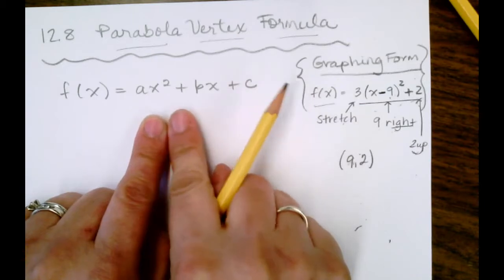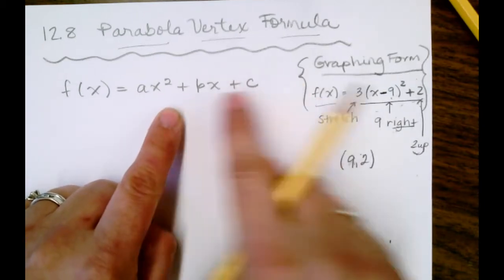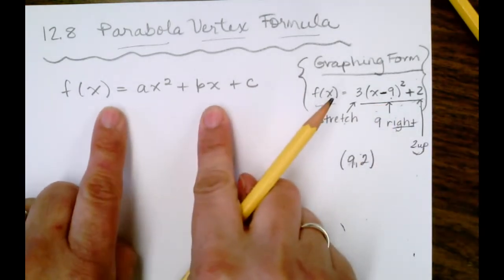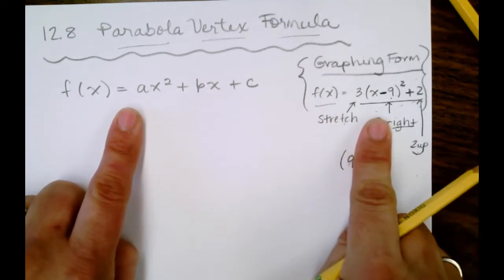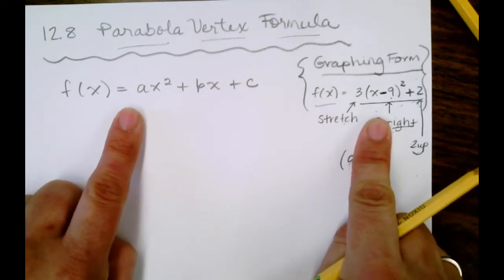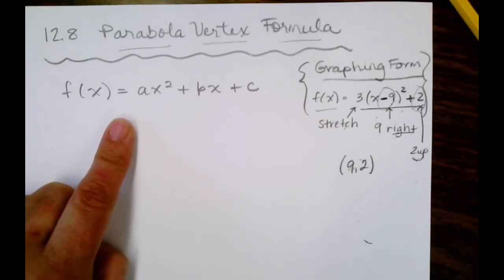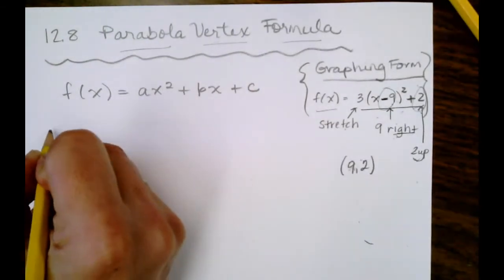So we have a quadratic here, but I can't look at this and tell how to graph it because it's not in this form. So we're going to take this generic function and put it into this kind of form so that we can see what is here and what is here, and that will help us be able to know where the vertex is. So our first step